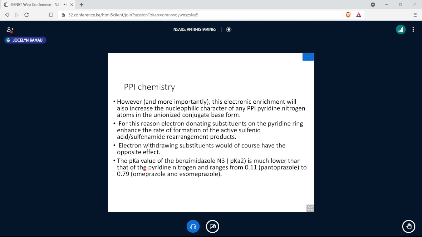Of course, as we say, the lower the pKa, the higher the Ka. So when this nitrogen has a much lower pKa, it means it's less basic than the pyridine nitrogen. And the lower this pKa is, like for pantoprazole, the lower the nucleophilicity of the benzimidazole nitrogen, and therefore that can have some effect on the reactivity of